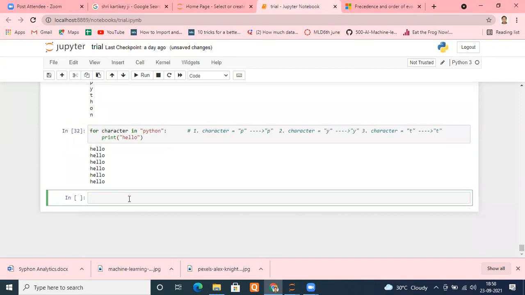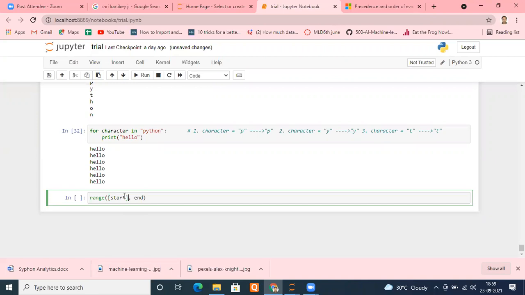One more thing, there is a function known as the range function. It's again a data type, a complex data type, and it generates a sequence of numbers. What arguments does it take? From where you want to start the number, where you want to end, and this start is optional.